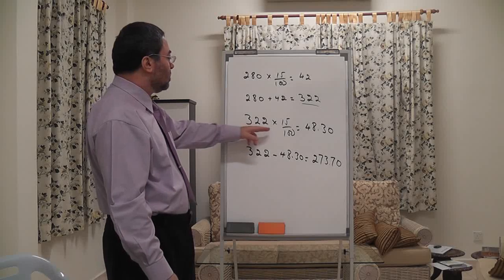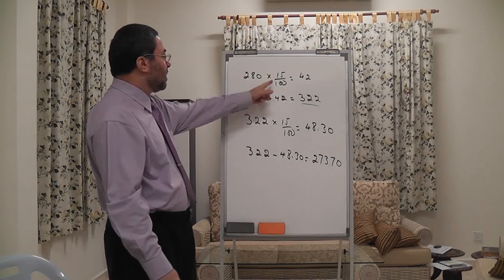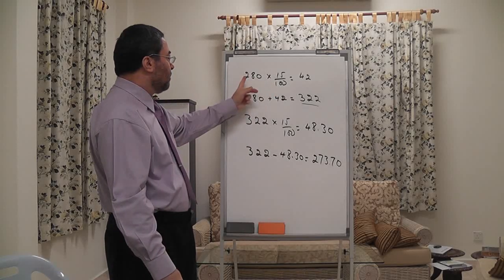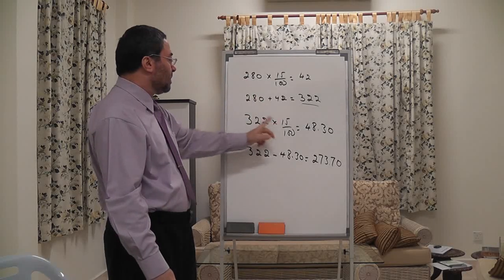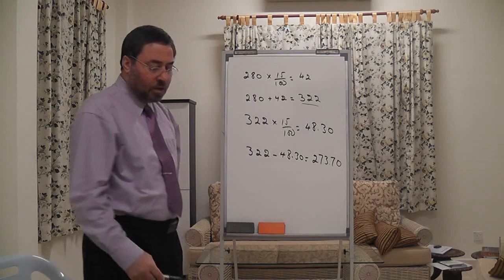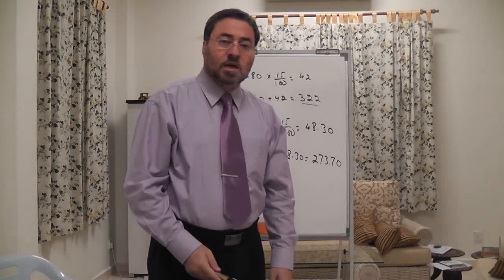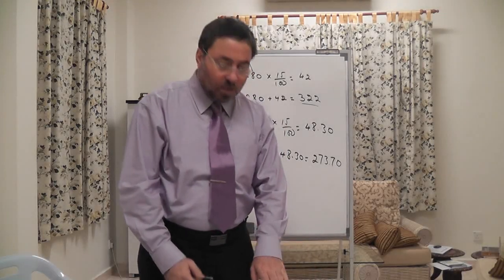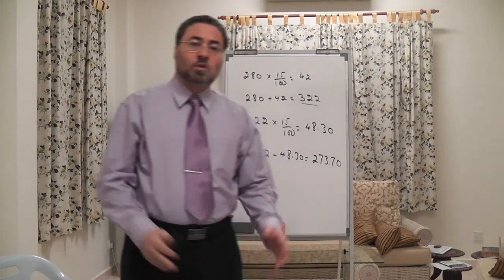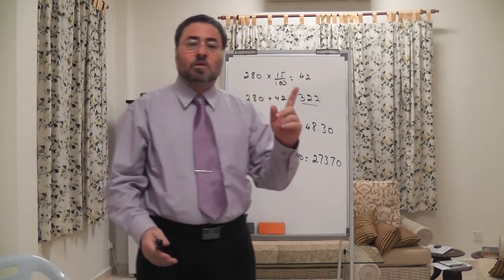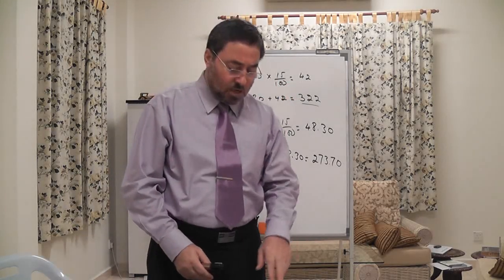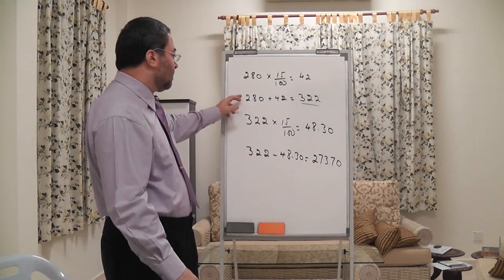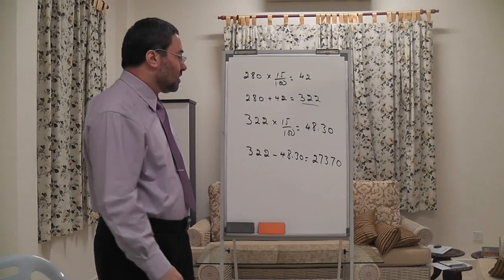And that's because here we are comparing 15% out of 280, here 15% out of 322. This is a typical exam question. And if one doesn't know anything about percentages, he would assume that it went up 15%, came down 15%, so Bob would earn exactly the same. But as you can see here, this is not